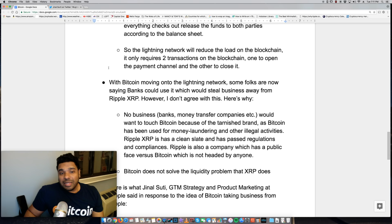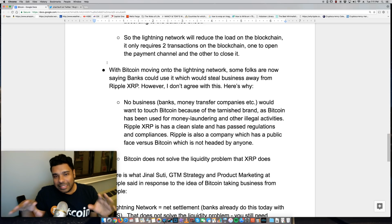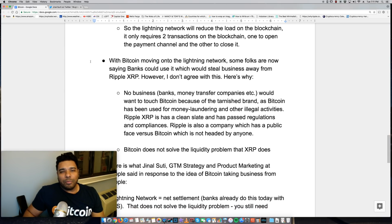So essentially, the Lightning Network will reduce the load on the blockchain as it only requires two transactions, one opening the payment channel and the other closing the payment channel. Now, once again, guys, this is very simplified. I try my best to put together a scenario here that will help you guys better understand it. So once again, it's a matter of opening a payment channel that is